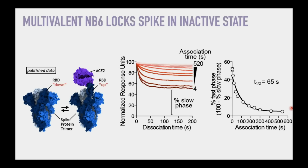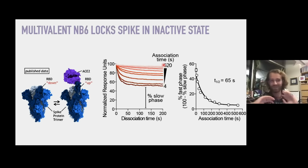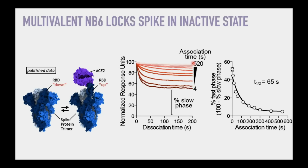And this is, I must say, a very cool experiment that we were very excited to see. It's a really beautiful way to show the mobility of a protein domain in a very unique way. And it speaks to the flexibility of the spike protein as well as the potency and mechanism of action for our trivalent nanobody. So basically what this is saying is, given sufficient time, a trivalent nanobody can bind to